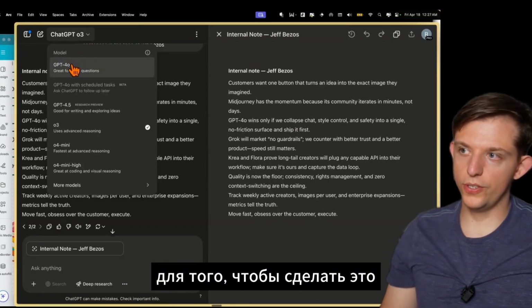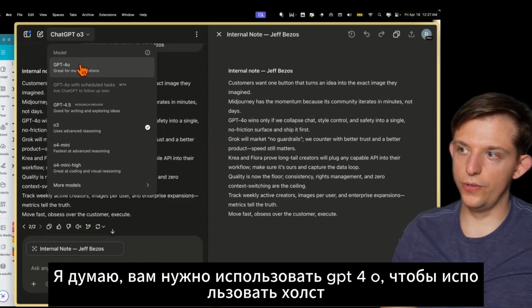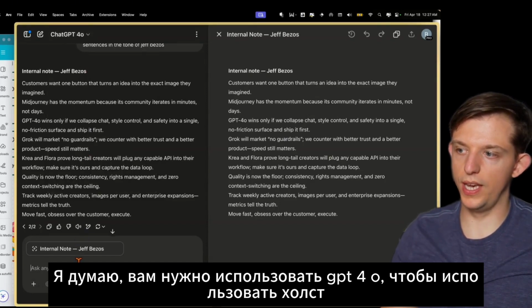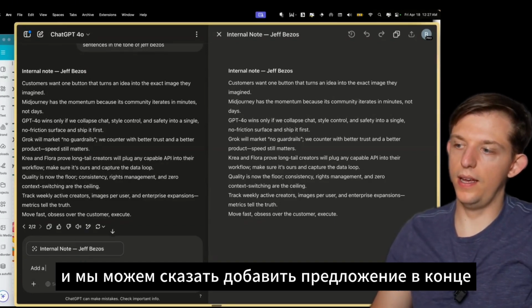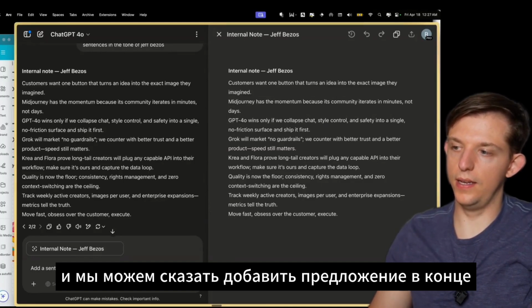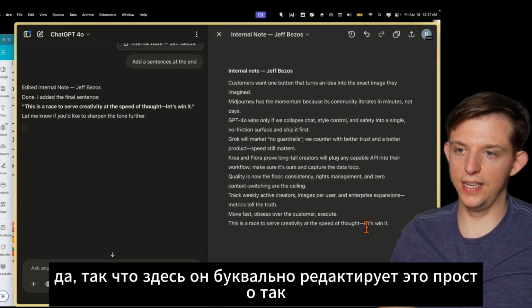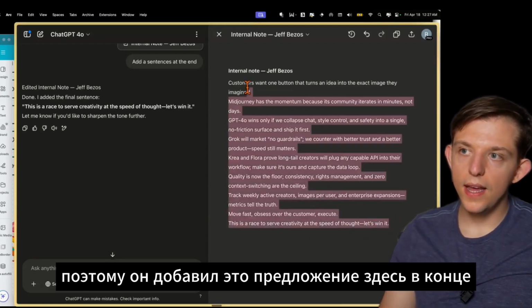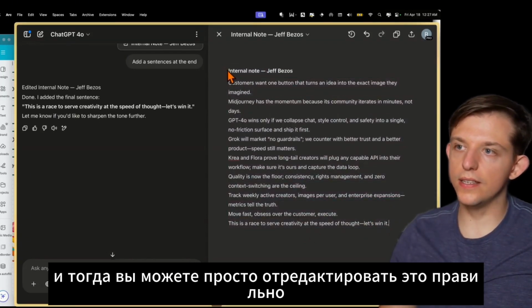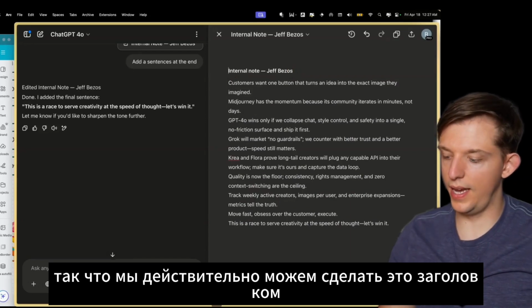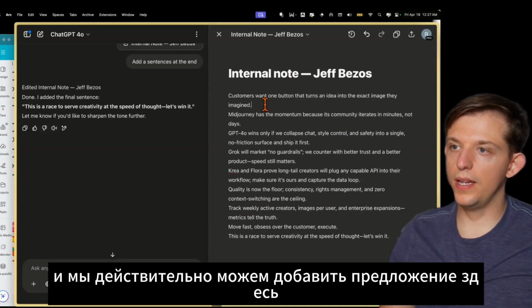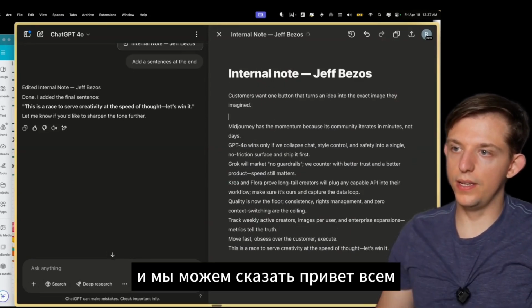Wait, sorry. In order to do that, I think you need to use GPT-4o to use the canvas, and we can say add a sentence at the end. Yes, so here it literally edits it just like that. So it added this sentence here at the end, and then you can actually just edit this, right? So we can actually make this a heading, and we can actually add a sentence here, and we can say